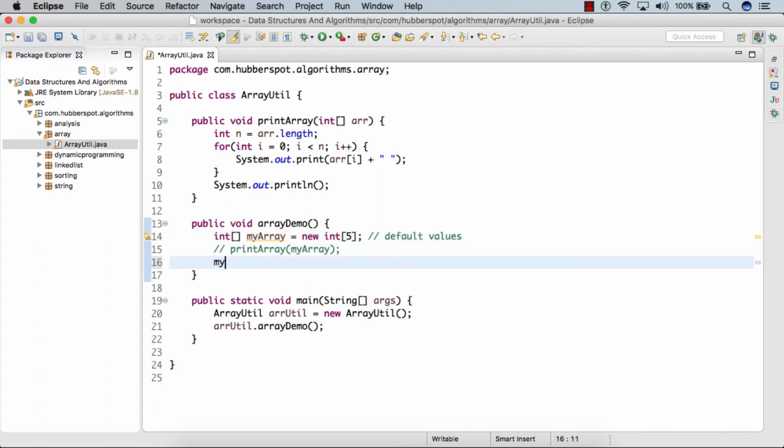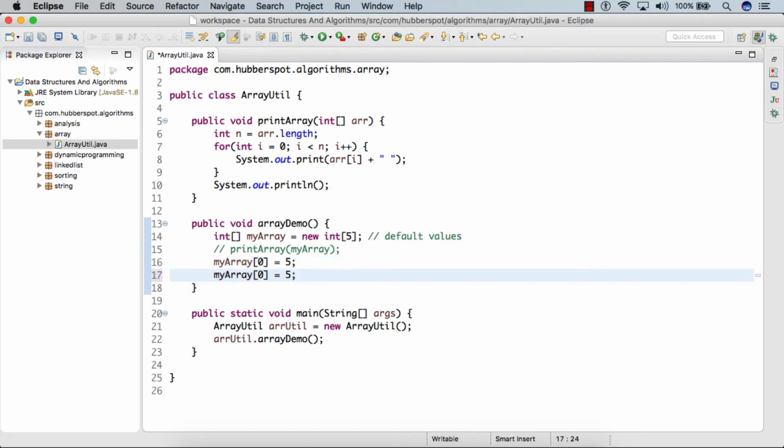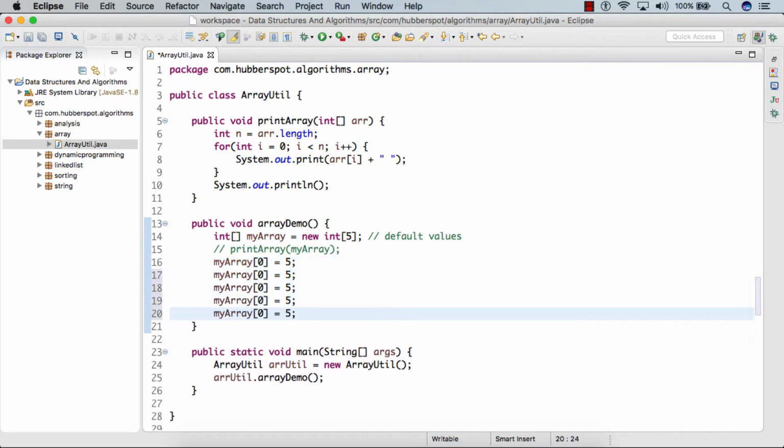So what we can do is, let's say we want to add a value of 5 at index 0. This would be the syntax. And similarly, let's say I fill in values for each and every index: 0, 1, 2, 3 and 4. Let's say I give different values: 5, 1, 8, 2 and 10. And I call